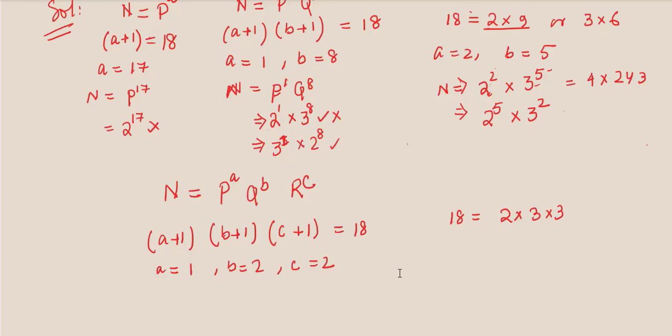So what are the 3 smallest prime numbers? 2, 3 and 5. And if we consider n as the multiple of these numbers,